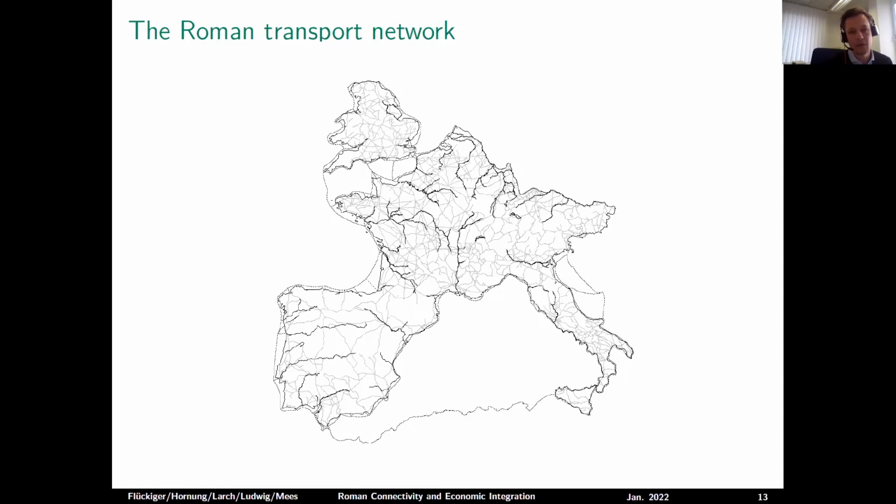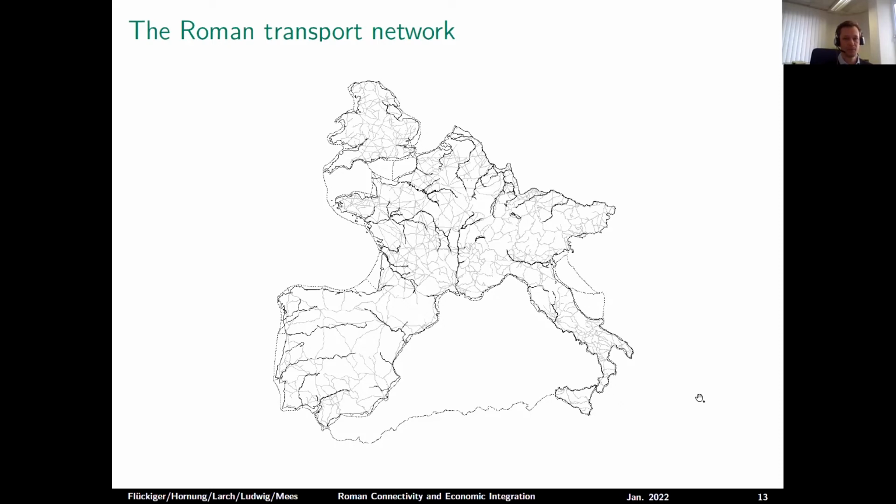And you see that we have different modes of transportation that were available to the merchants in Roman times. So we have 3 modes of transportation that we focus on. One is roads, the well-known Roman roads. Second is rivers, and the third one is sea travel. So these are the 3 modes of transportation that we allowed,